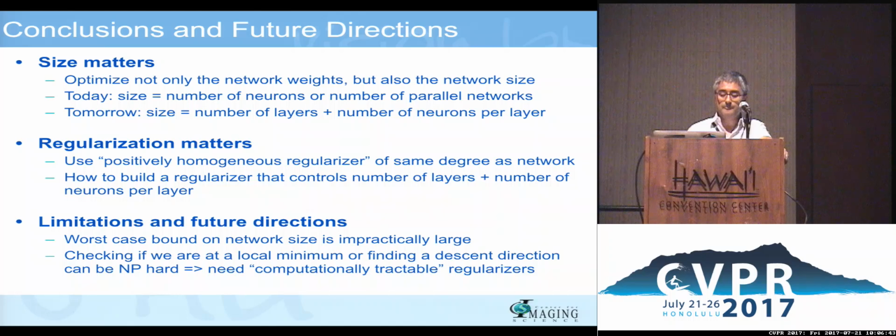Now, these results are very preliminary and just the tip of the iceberg because there are 2 bad things about them, or maybe 3. One is that I've said many times, if the size is big enough, everything is nice. But how big is big enough? The results today, that big number is too big to be practical. Typically for a neural network, the size of the network would need to be the dimension of the input times the dimension of the output. So if it was images, it would be the number of pixels by the number of classes. So that size is perhaps too big.